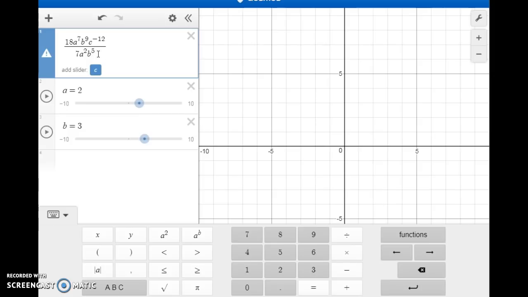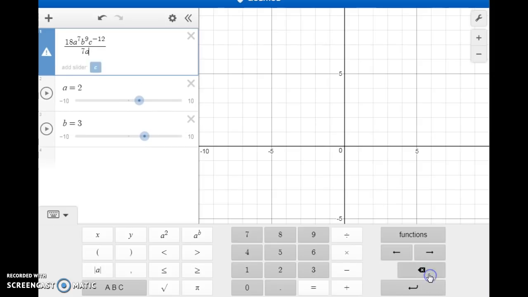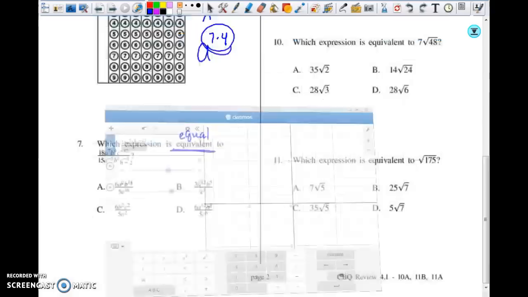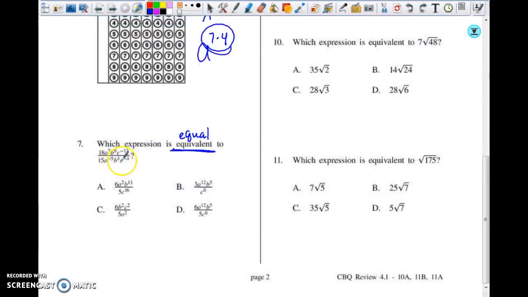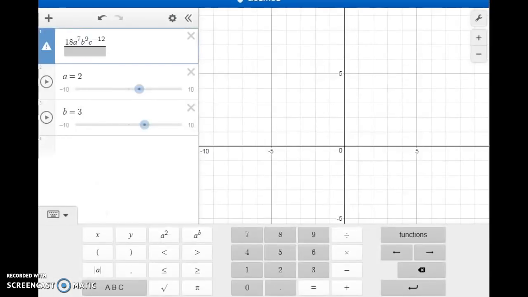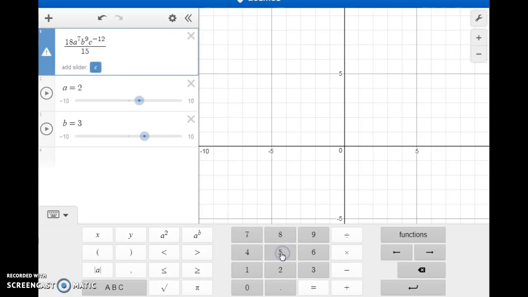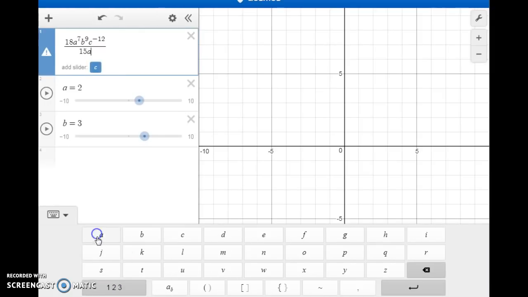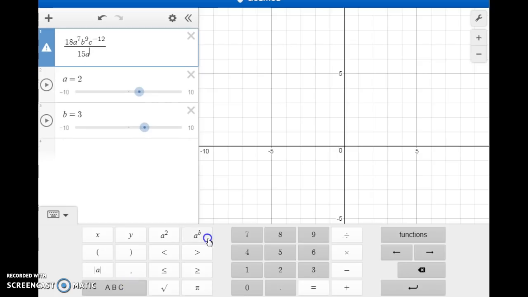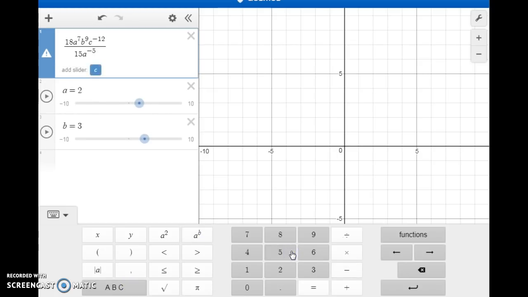And all of that is over, let's clear that out, 15, a to the negative 5, b to the 4, c to the negative 4. So we're going to plug all that in at the bottom. 15 a to the negative 5, b to the 4, and then c to the